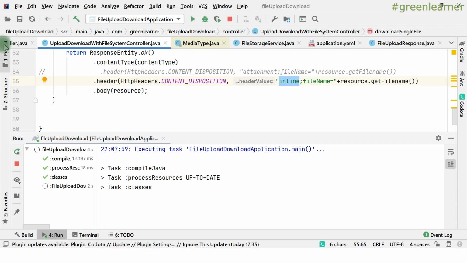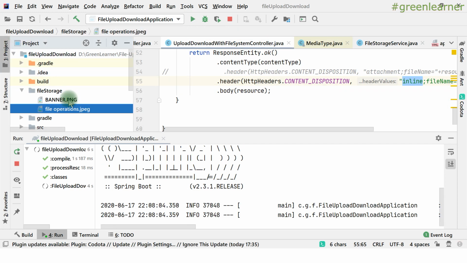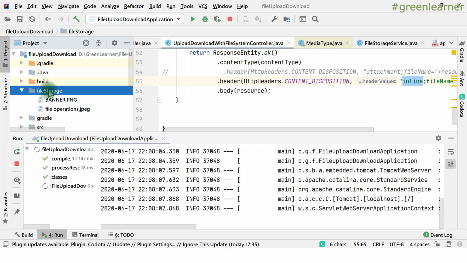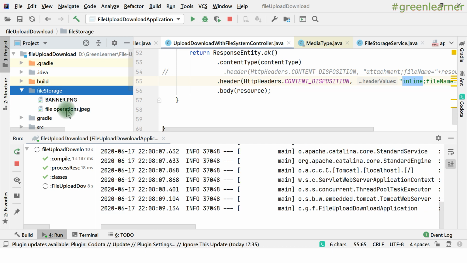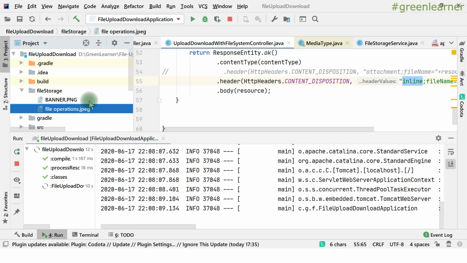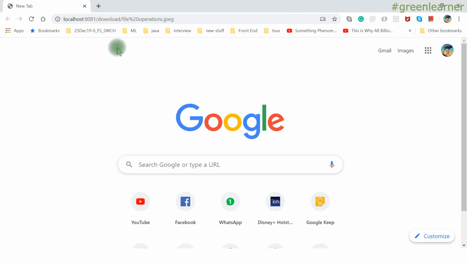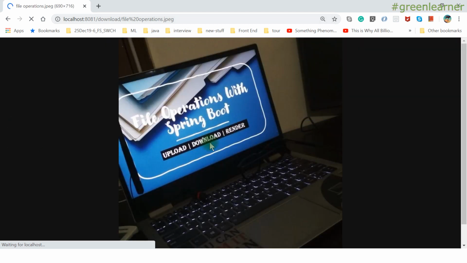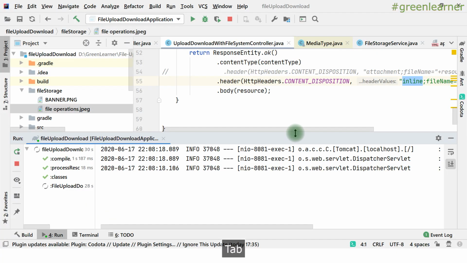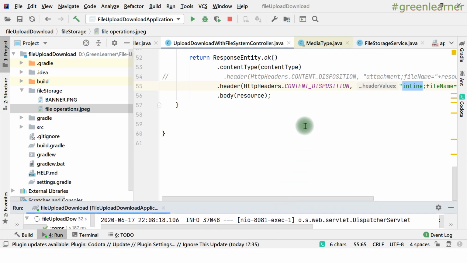So now all the files that you stored once are stored in the file store. We are not cleaning up that folder, right? So I can directly hit this, I can directly download this banner, right? I can directly hit the download location, right? File operations, it is rendering the file in the browser itself, right? So you can do anything with this. We have seen the render and download as well, right? And that's the change that you needed for this as well.